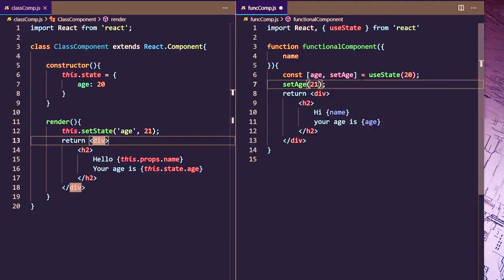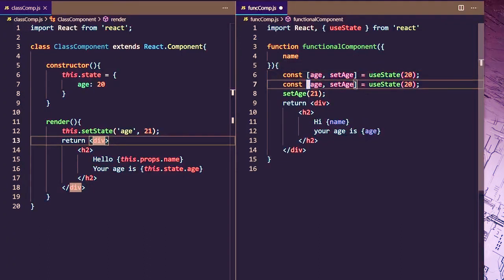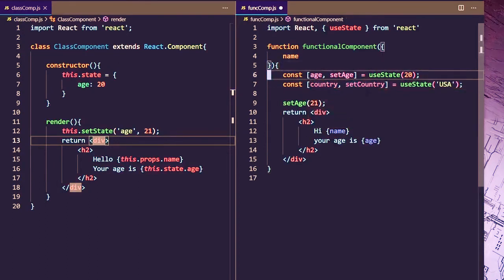Now there are some rules of calling useState. The first most important rule is you should always call useState in the same order. This functional component is going to be called multiple times, and each time you need to call your useState functions in the same order. Let's say we are calling it twice. First one is age and second one, let's say, country. Initial state is, let's say, USA. Now we are calling these two useStates. The first one is age, second one is country, and you should always call useState in the same